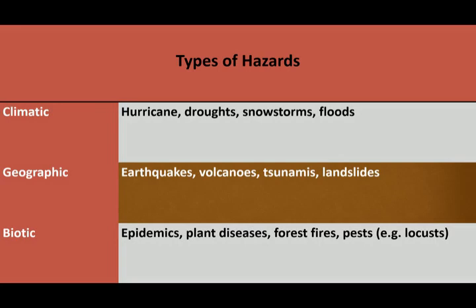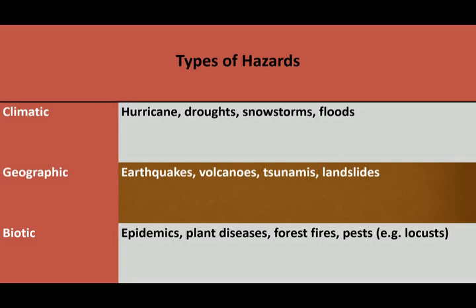Geographic hazards are, for example, earthquakes, volcanoes, tsunamis, or landslides. Anything that has to do with the land itself, or any form of plate movement, is what we call geographic hazards. Biotic hazards are, for example, epidemics, like a virus outbreak, plant diseases, forest fires,